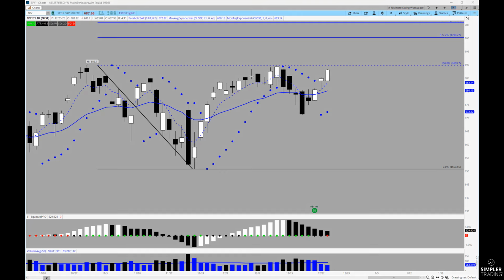Now, getting into this conversation assumes a few things, right? And of course, if you want to take the other side of it or whatever, by all means feel free to. But if we're going to agree that a rising 5 EMA, a market that has a daily squeeze that's just now moving into the standard formation of that signal, and is also just this stone's throw from the previous lifetime highs, and not lifetime highs that were made just the other day. These are lifetime highs that were made about a month and a half ago, and I think that's very helpful